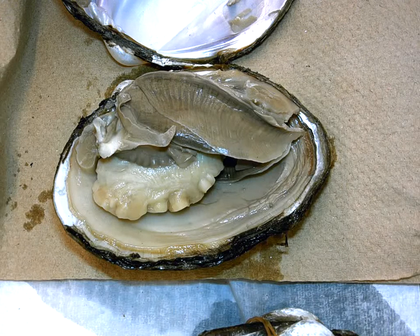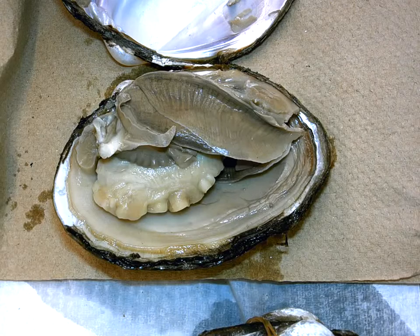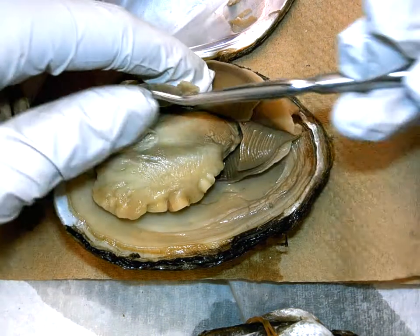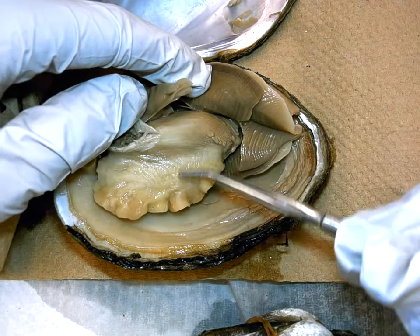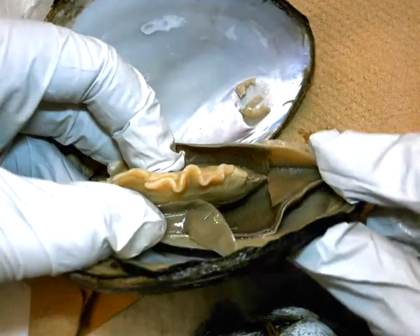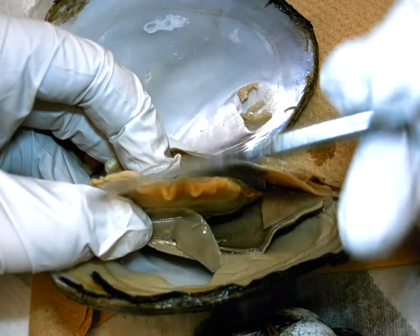Okay, I'm now in the part of the lab where it actually tells you to wait for the instructor to cut open the foot and visceral mass. So what we did is we pulled back the gills and the labial palps, and we had the visceral mass in the foot right here, and we held it vertically like this, and then we made with our scalpel a